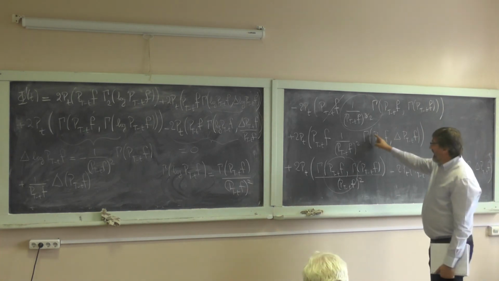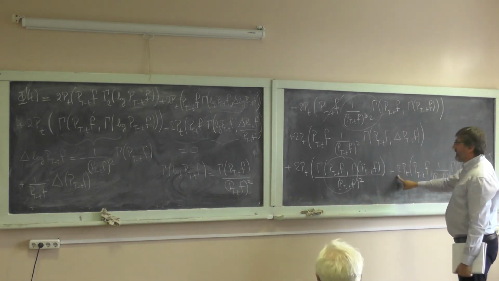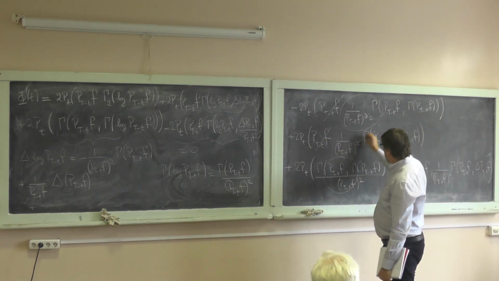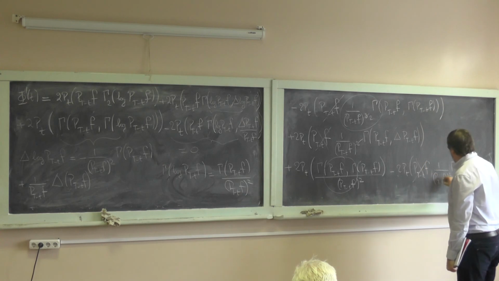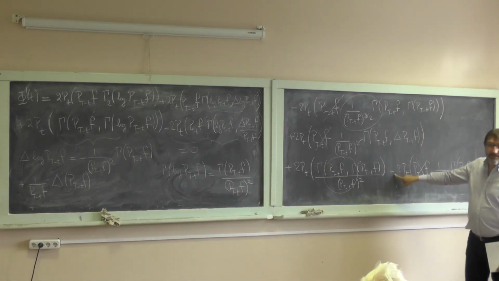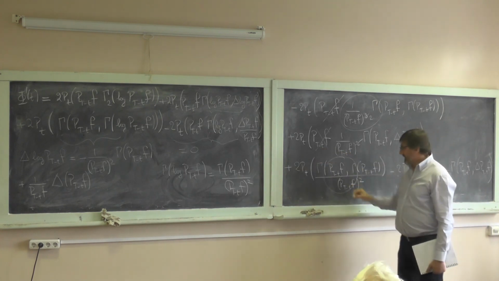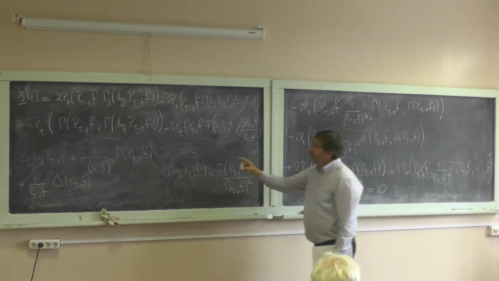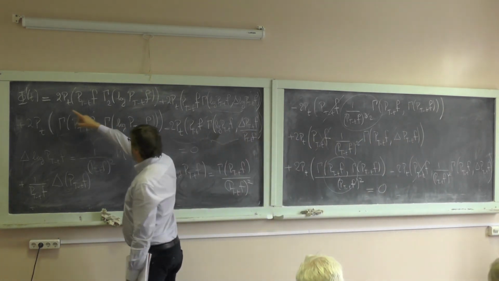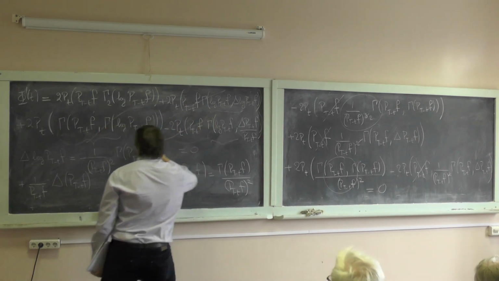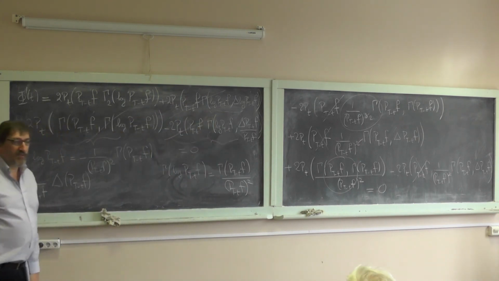So this and this cancel, and these two here also cancel, because we got the same thing, but there is a minus here and a plus here. And we're done. So phi prime is equal, this is gone, this is gone, this is gone, and we're left with this, which proves